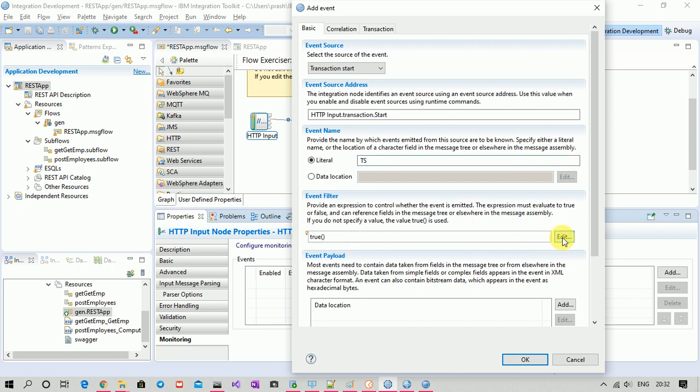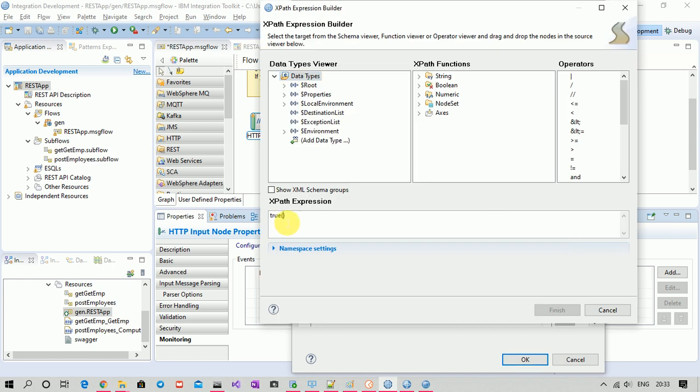Or we can give an XPath, which should evaluate to true or false. If I click on add here, I can provide a path. Suppose this web service is receiving a JSON input message.